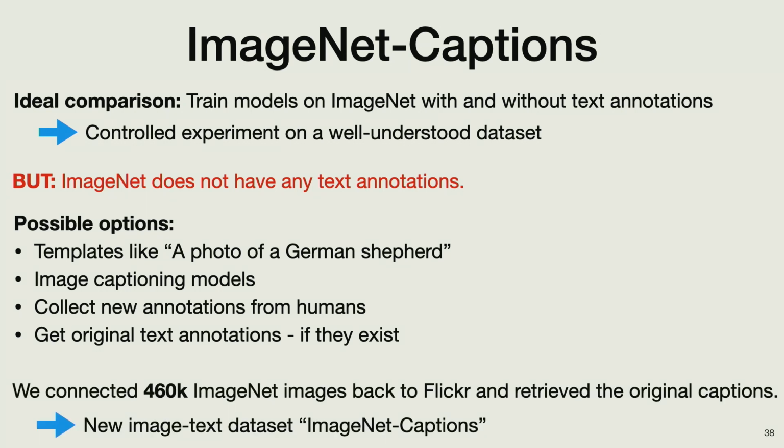So then we did a lot of data wrangling, went back to the ImageNet metadata. Vaishaal is really great at that, and Vaishaal managed to connect about 500,000 ImageNet images back to their source IDs in Flickr. So for those 500,000 ImageNet images, roughly half of the dataset, we then were able to just get the original caption data off of Flickr.